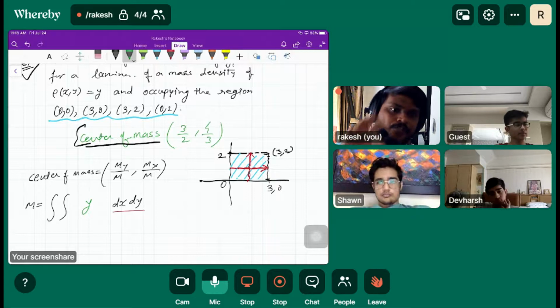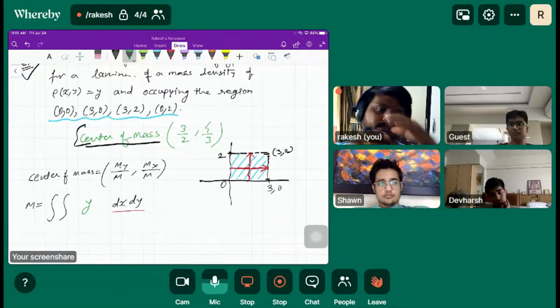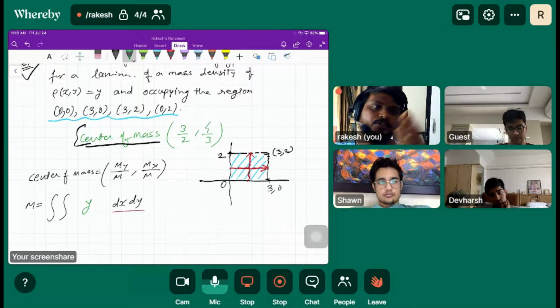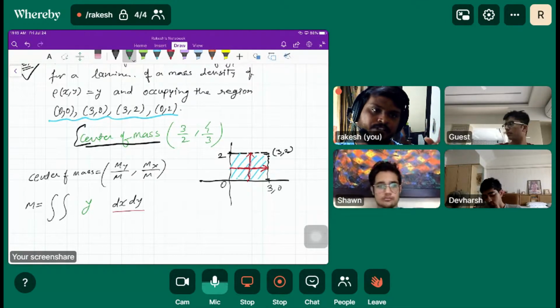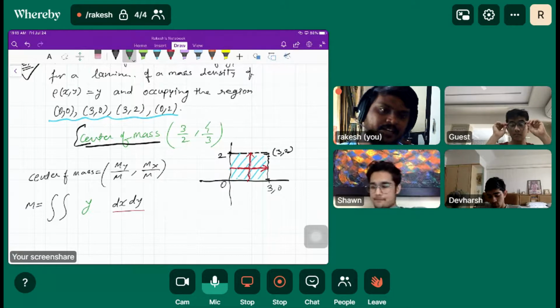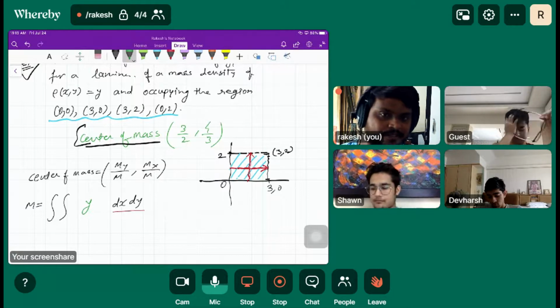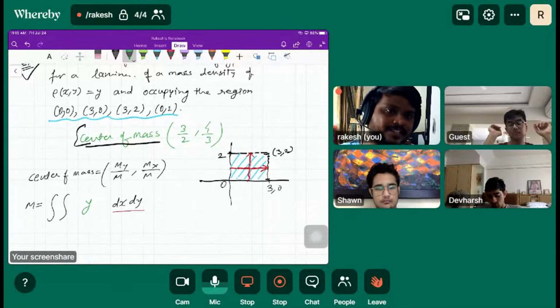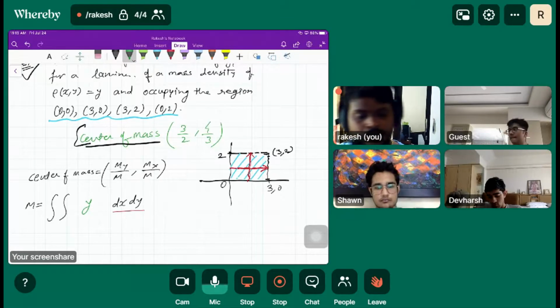We try to reduce the complexity in the first integral, and once the double integral is converted into a single integral, we can easily handle that. We have already done that in IB, right? So our idea is to at least simplify the first integral part. If I take dx dy, that will obviously simplify the first integration, because y will be considered as just a constant, right?